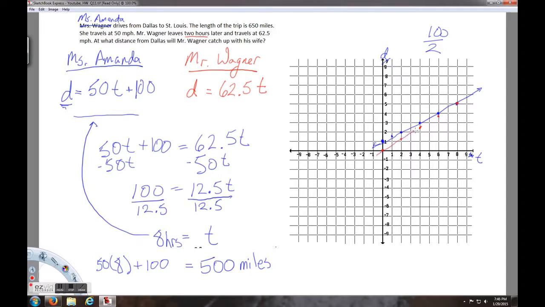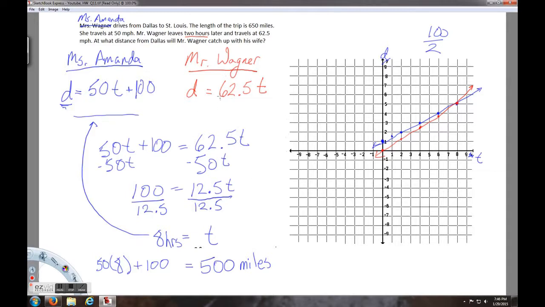I have passed her. And from that point on, I will be in front of her heading to St. Louis, which is good, because I got to go and check in at the hotel. She doesn't like doing that, so it's a good thing I beat her to the hotel. So anyway, there is the graph representation of this system of equations. Now tomorrow we're going to be going over how to solve using a method called elimination,